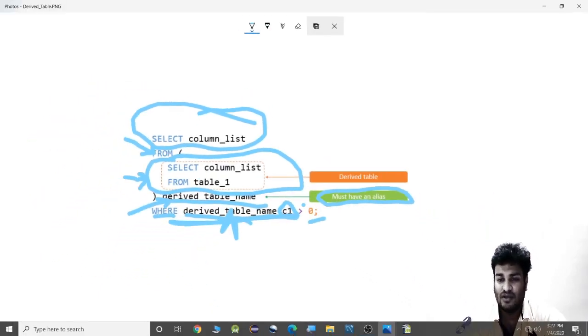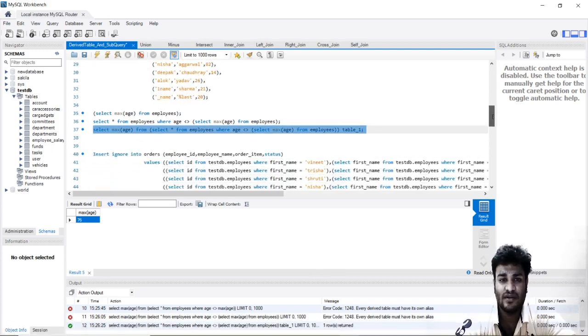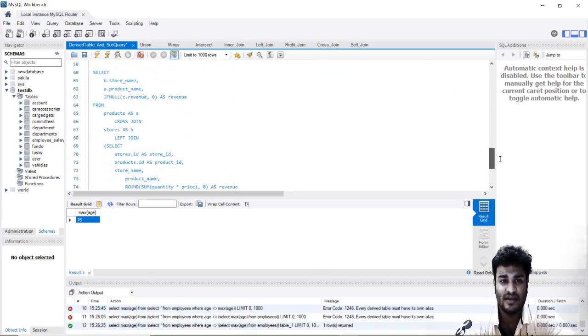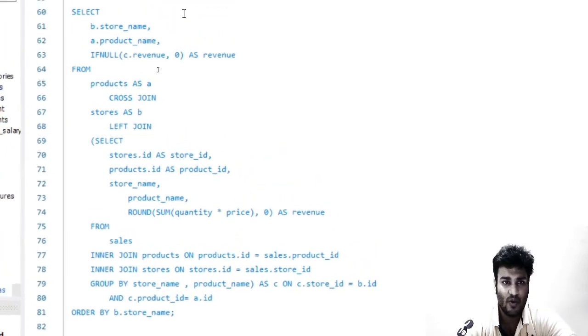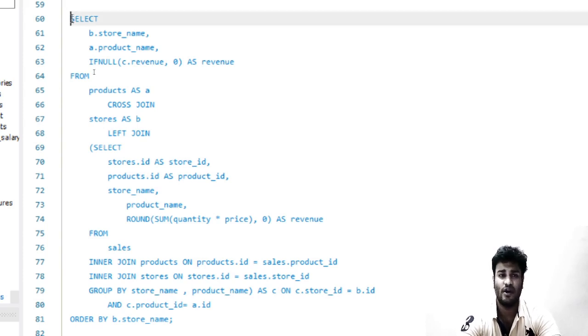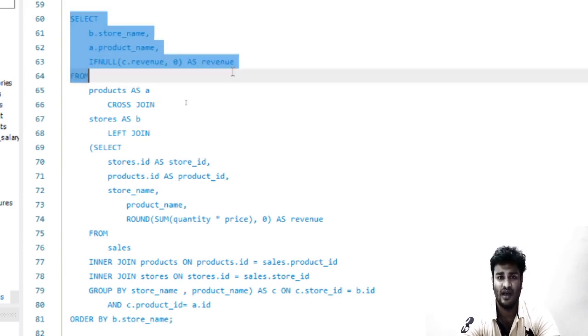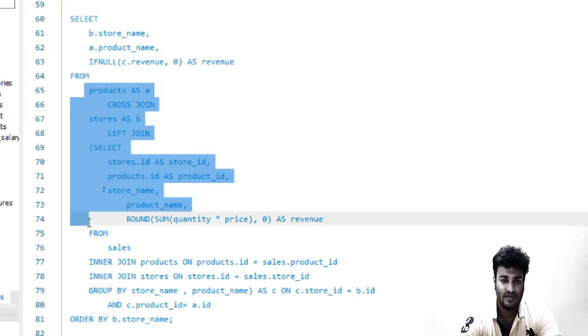So at last, before closing this chapter, I would like to discuss a query with you and see how we will read it. For example, you get a query something like this. How will you actually read this query? This is a very big query, right? So where should you start? You should start from the innermost. At first you see from the very top that this is the column list which will be extracted. Then there is a from. So just mark this from.